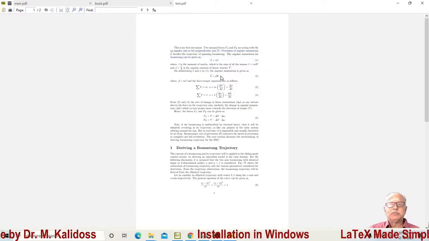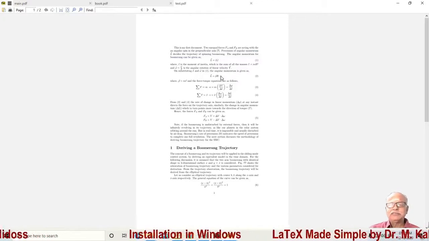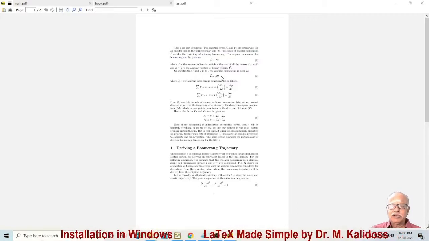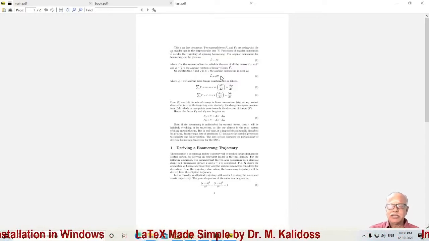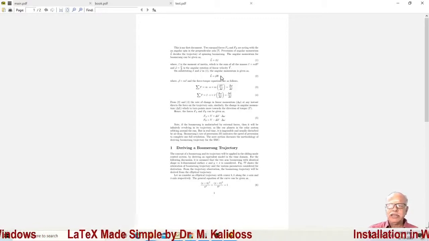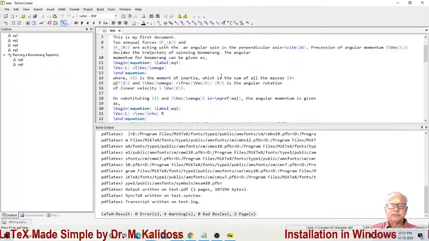Sumatra PDF opens up. Now, the question that you may have is, why not use Acrobat Reader? There are two problems if you use Acrobat Reader with LaTeX work. Number one: when a file is opened in Acrobat Reader, you cannot compile the document.